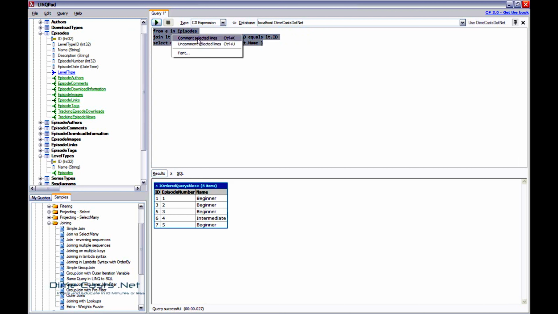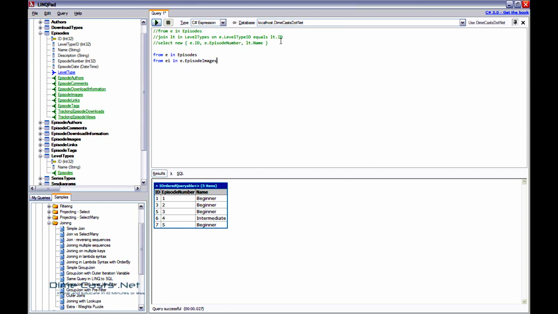Let's go ahead and figure out how to create ourselves an outer join. I'm going to save that for later because I want to use it as a reference. From e in episodes. Now I want to actually do an outer join to, I don't know, my episode images table, because not every episode is required to have an image. And I don't want to do an inner join because then I'd filter my results too much. So actually we're going to do it differently. Let's do from again. You'll notice the syntax changes just slightly. And I'm going to call it ei in e.episode